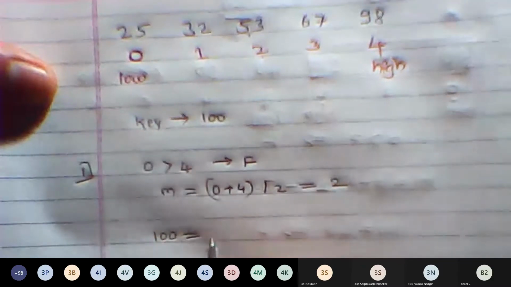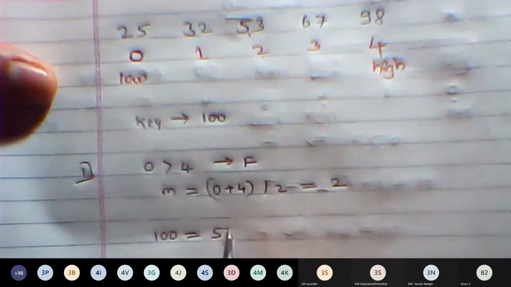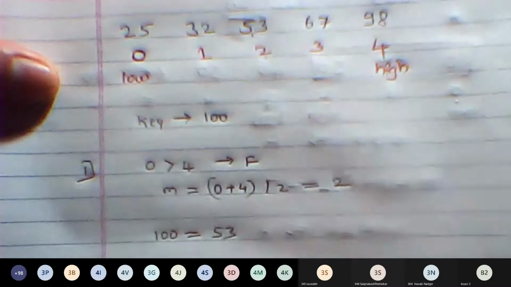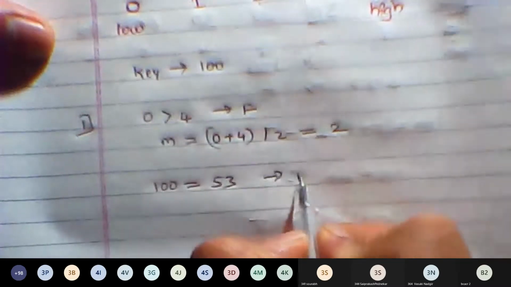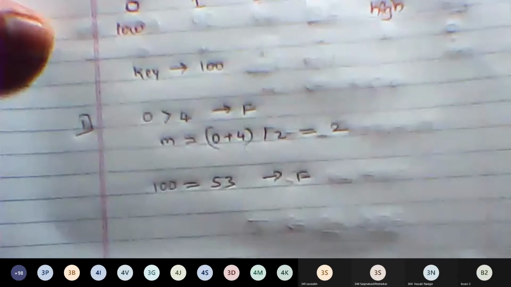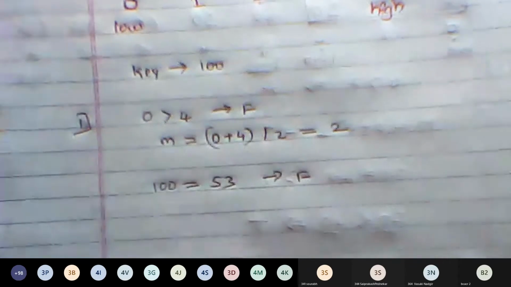Now we need to compare. Is the key element, that is 100, equal to 53? Is it true? No, it is false. Since it is false, that means the element might be present either on its left side or on the right side.